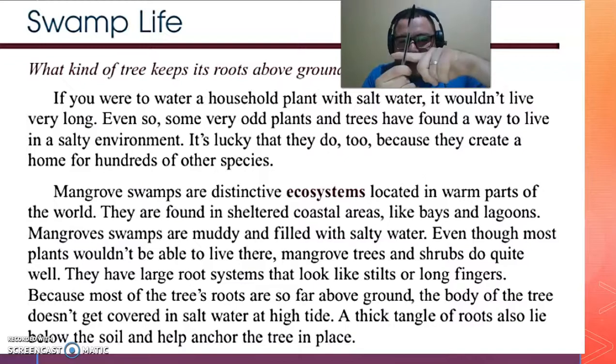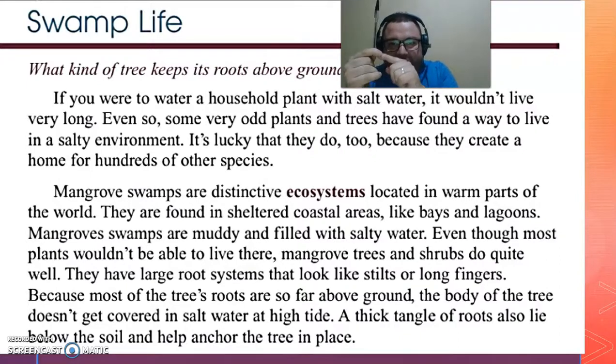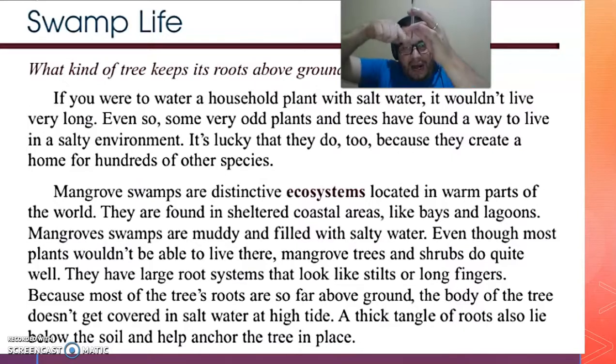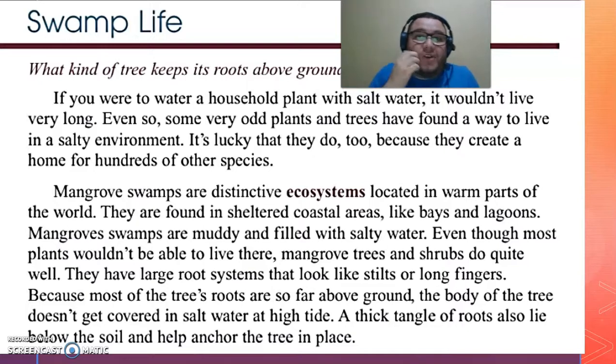The salty water is only in this part, but this part is dry, right? The water doesn't touch this part. So the water is in this part, but the roots are not there. The roots are very, very far from the water, right? For this reason these trees can survive, because the roots are not down. The roots are out looking for the ground, looking for the soil. In some cases they are permanently underwater, right? So